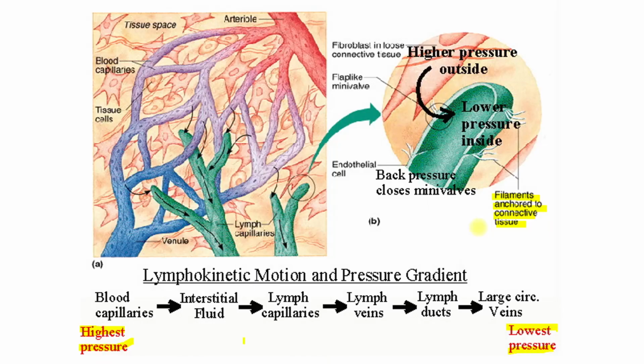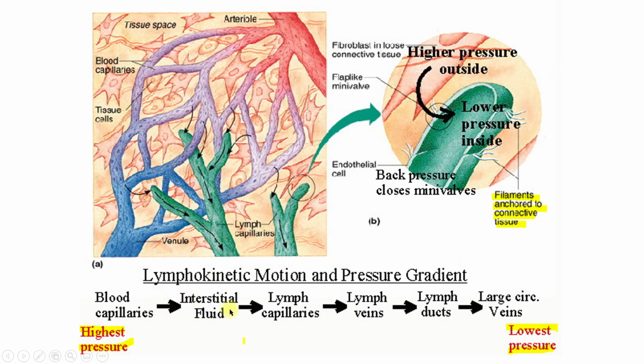Okay, summary on the movement of this fluid. This fluid came from the blood capillaries, which have the highest net pressure, right? And then this fluid will diffuse into the tissue fluid, and then it becomes the tissue fluid itself, or interstitial